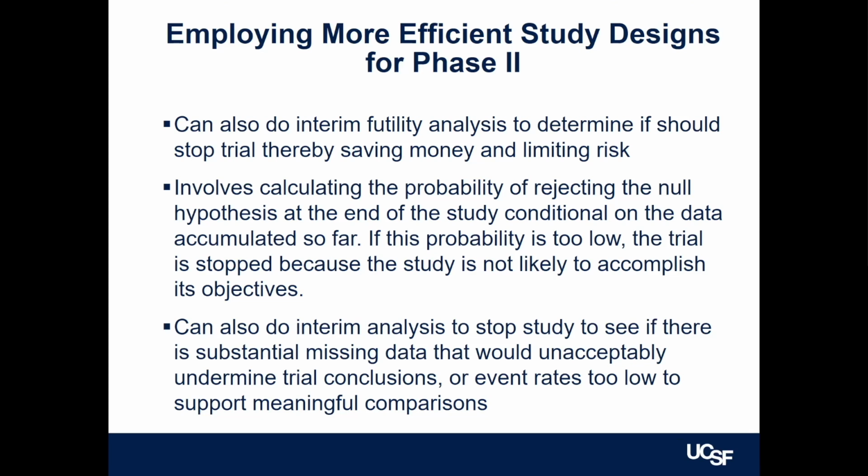It involves calculating the probability of rejecting the null hypothesis at the end of the study based on the data you've collected so far. It's conditional, so it's Bayesian statistics based generally. And if the probability is so low that you think this is not worth pursuing, then you stop it. I've seen a number of trials done like this. I was part of two studies done with deep brain stimulation for depression that were stopped for futility. And that was put in for ethical reasons, and also cost, but mainly ethical reasons.